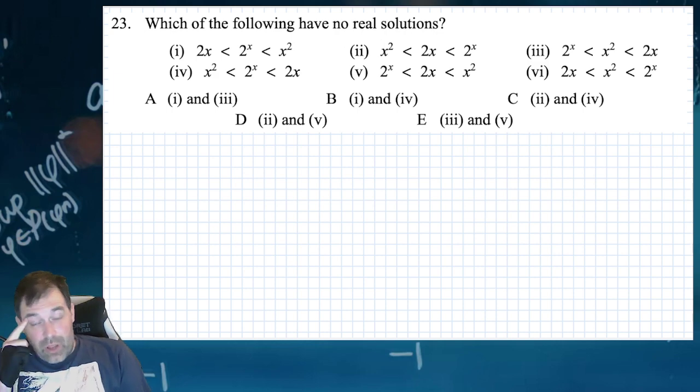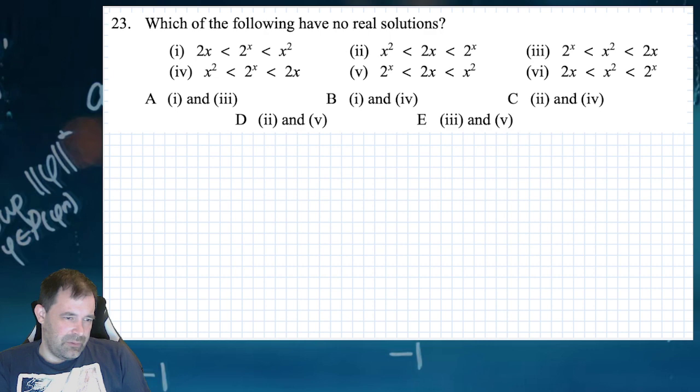Which of the following have no real solutions? 2 to the x is less than 2x is less than 2 to the x is less than x squared. x squared is less than, oh god. Right, so, oh dear, what do I do here? Do I just ignore one of them? So what I could do is ignore